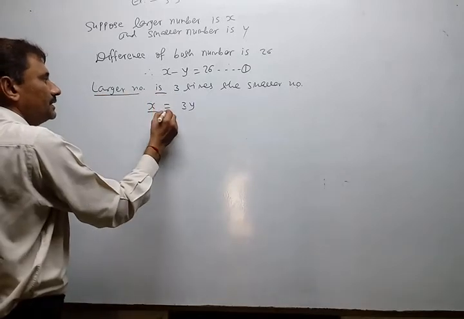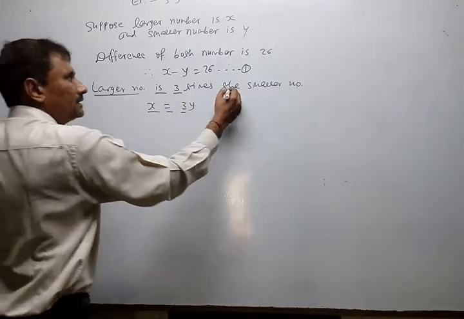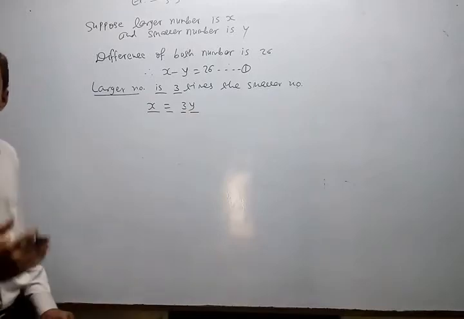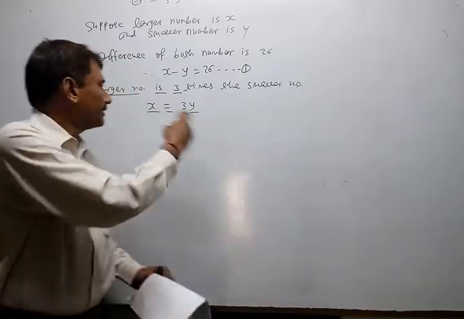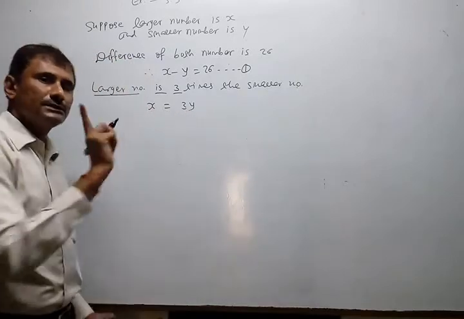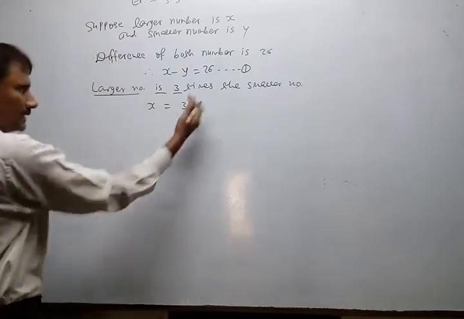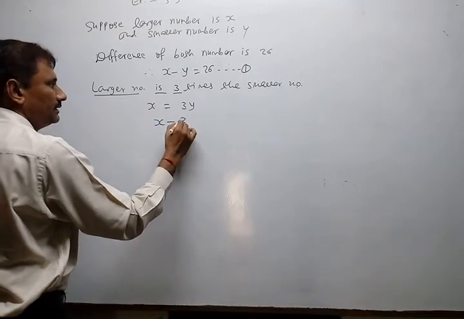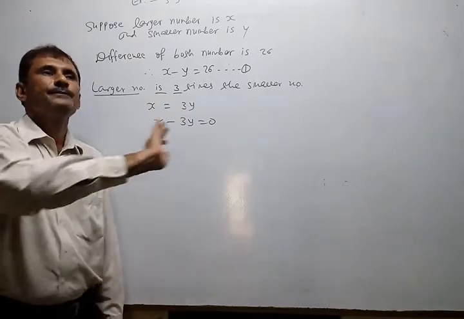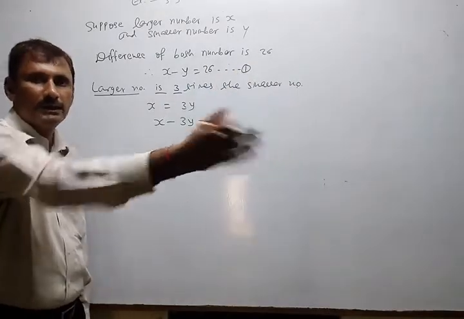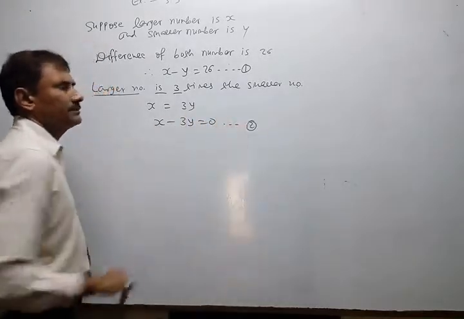So x is equal to 3 times, and 3 times means multiply. If nothing is there, it means multiply. The smaller number. So you just read the statement part by part and write the equation. Automatically you will get the right equation, very accurate. But this is not standard. Just shift y there, because mostly we keep x and y on the left side and the number on the right side. That is not standard form, but nearly standard form. So this is the second equation.